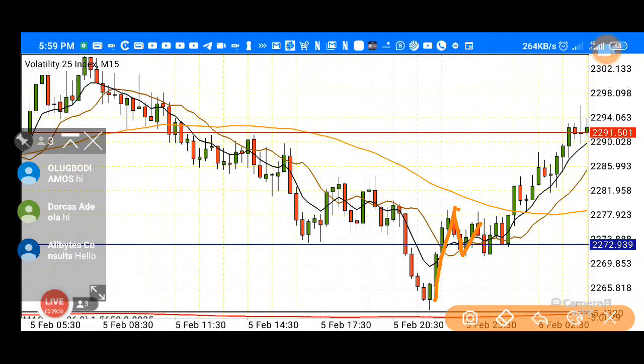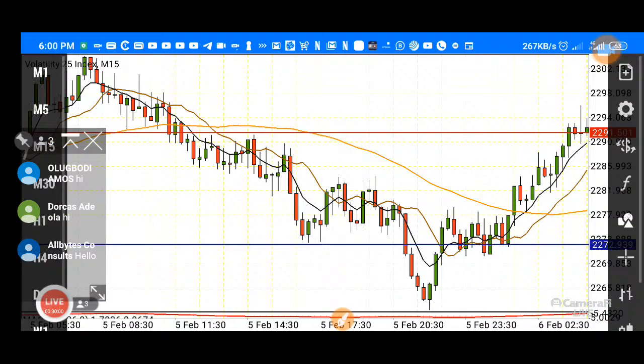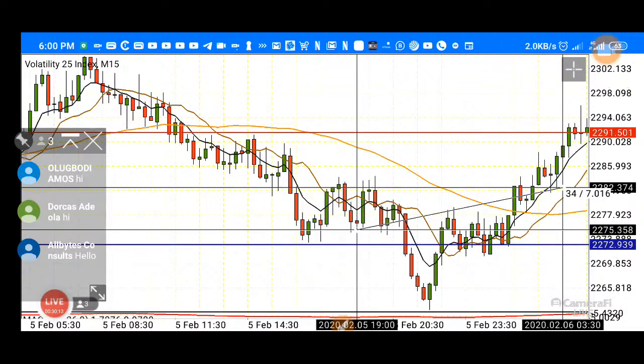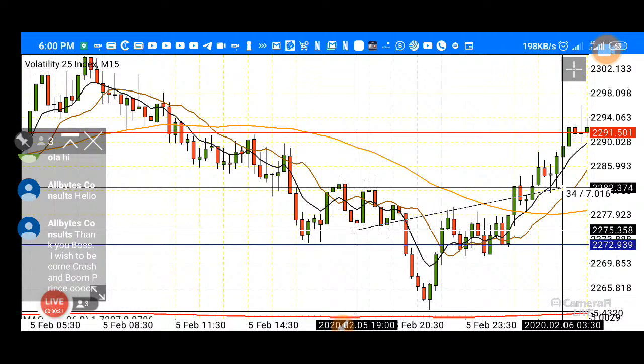So let's see if we've entered for a buy at this bounce and place our stop loss below this level. So let's see. So that's another 7 pips. So if you continue with this strategy within a day,